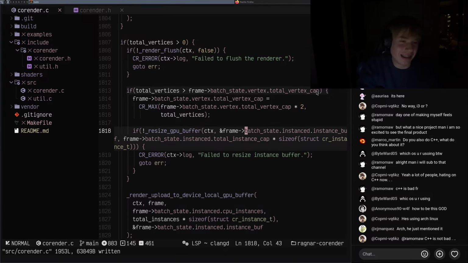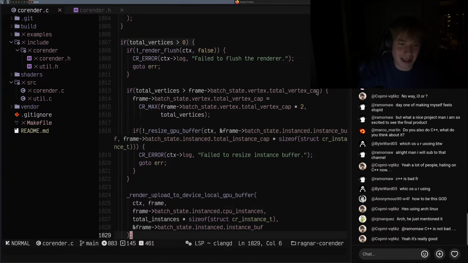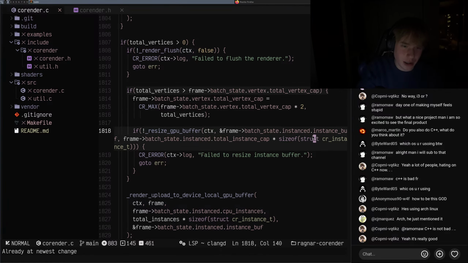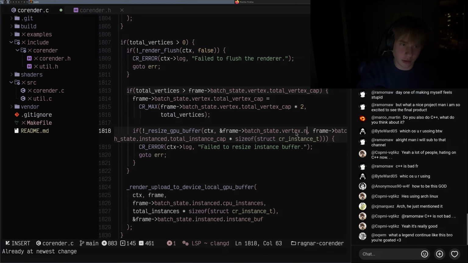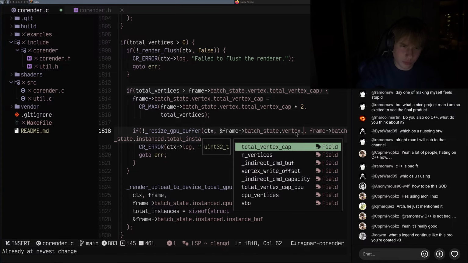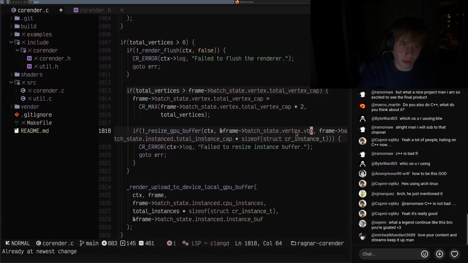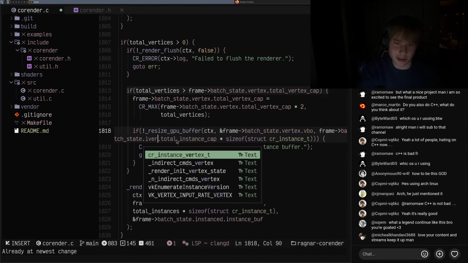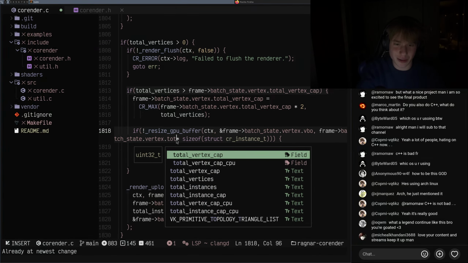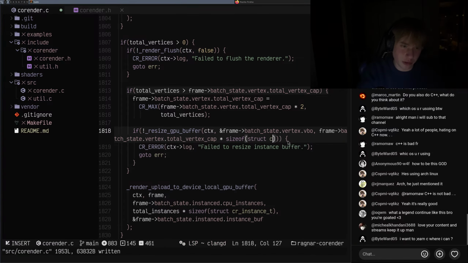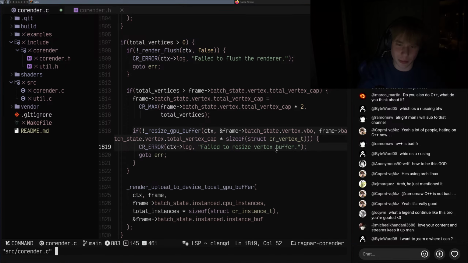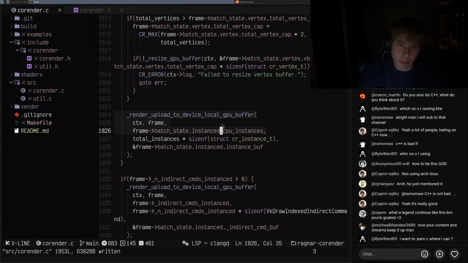Yeah, I mentioned these things like 10 times a stream or something. So batch state dot vertex dot VBO vertex dot total vertex cap. I can't really use a find replace in here because of vertices, vertex, stuff like that, you know what I mean. And then we basically upload to the